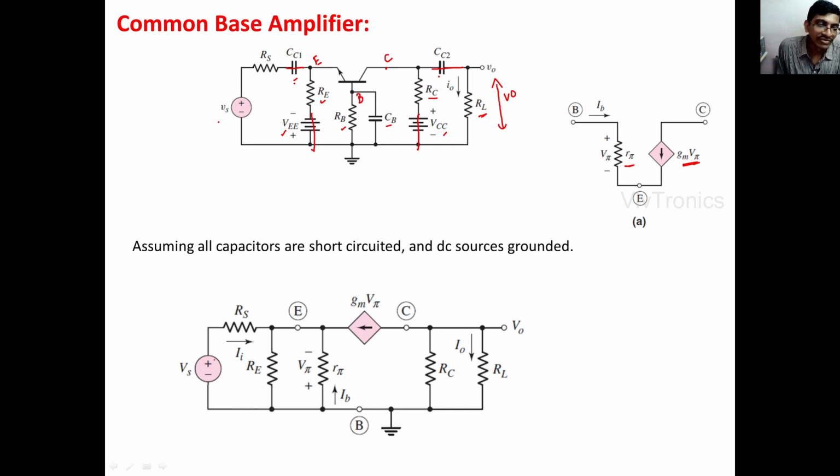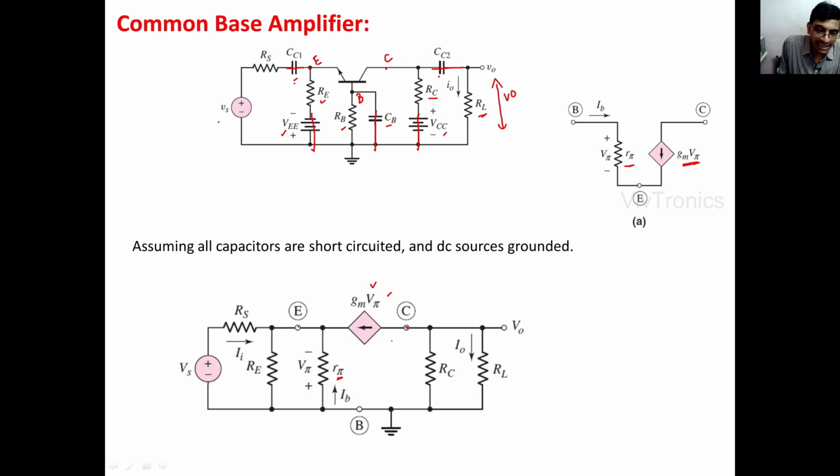Here if you see the Vs and Rs at the input side, and Re is the emitter resistance between the emitter terminal to the ground terminal, and the small signal equivalent circuit of the transistor is nothing but base terminal to emitter terminal R pi resistance, collector terminal to the emitter terminal we have a dependent current source gm V pi. And one thing we have to observe here is the base terminal is directly grounded because the CB capacitor is short circuited. Okay, we are assuming all capacitors are short circuited, therefore CB is also short circuited,